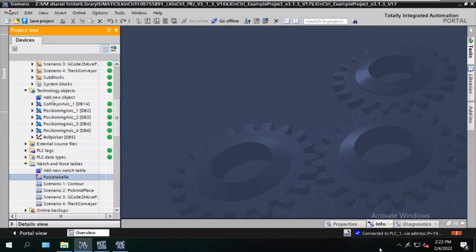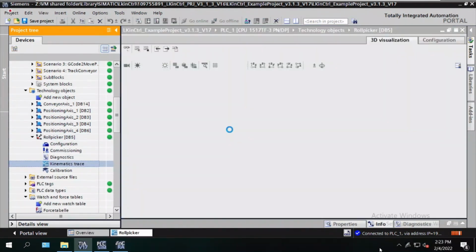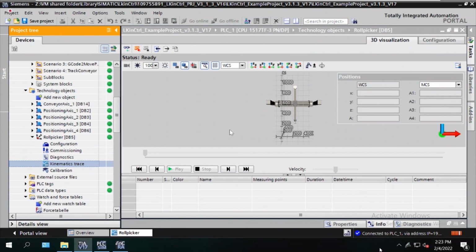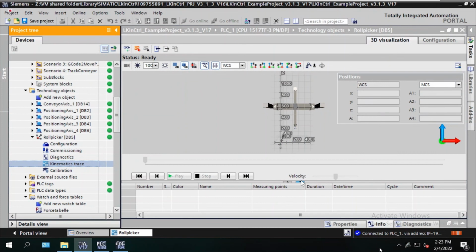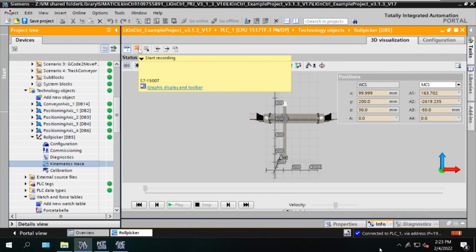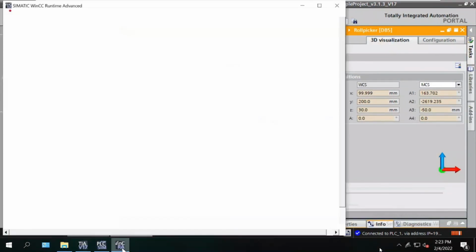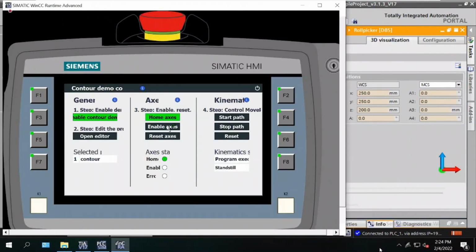You open the kinematic trace. So you can see here the 3D visualization of the kinematics. I will start the trace. Whatever your path is, it will be shown here after enabling the kinematics. Now I will execute. The start path means the execute command to a particular move path, MP. So you can see here that your program is executing,